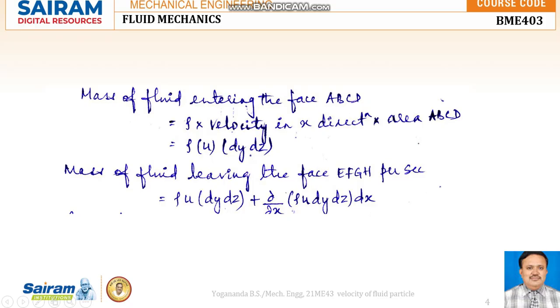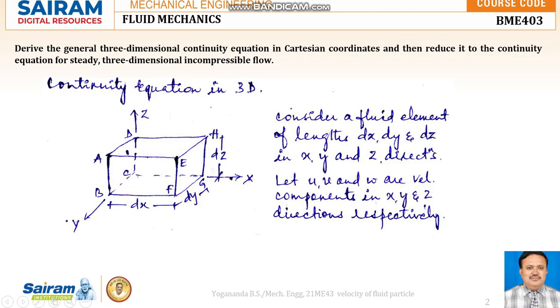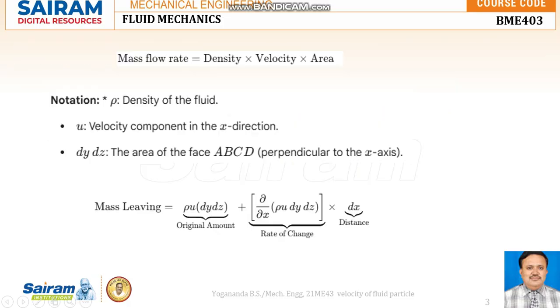Now the mass of the fluid leaving the face EFGH, that is on the right hand side. The fluid is traveling for a distance dx in x direction and leaving the fluid element at the face EFGH. So the mass leaving is the original mass, that is rho u dy dz, plus